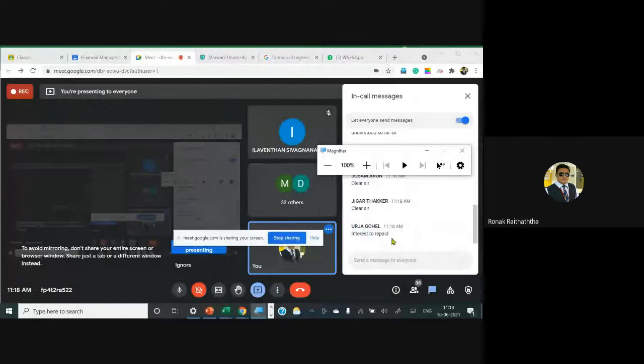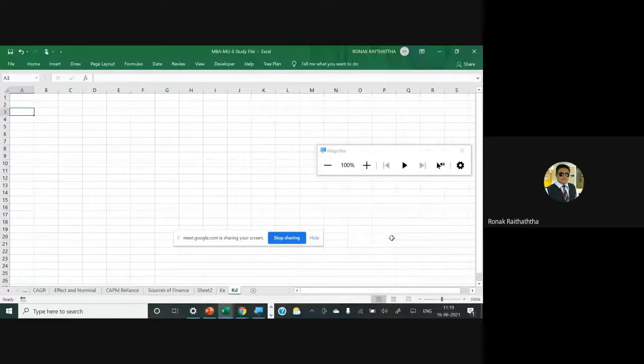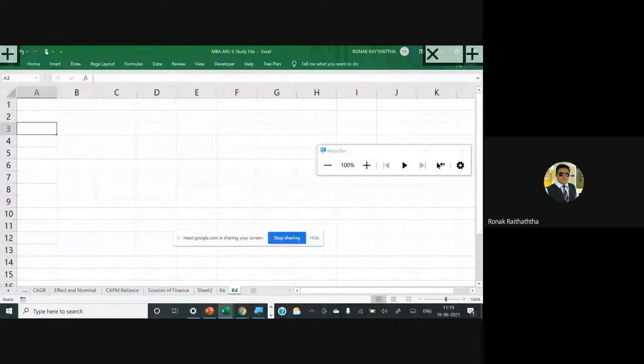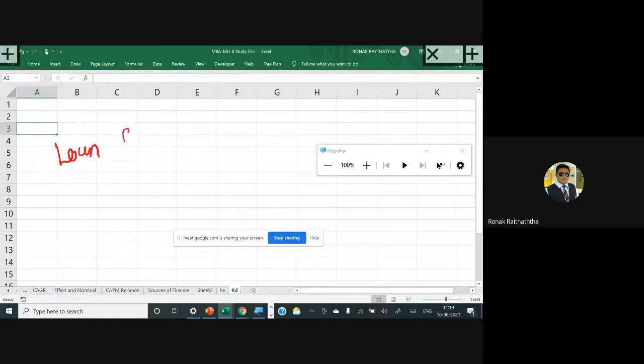Very true. As Miss Urja has stated, it's the interest to be paid, right? So, sir, interest is something which is the cost. There are two types of loans and borrowings you take. One is basically a term loan where there is a fixed percentage of interest. And then there may be debentures as well. So one is loan, another one is debentures.